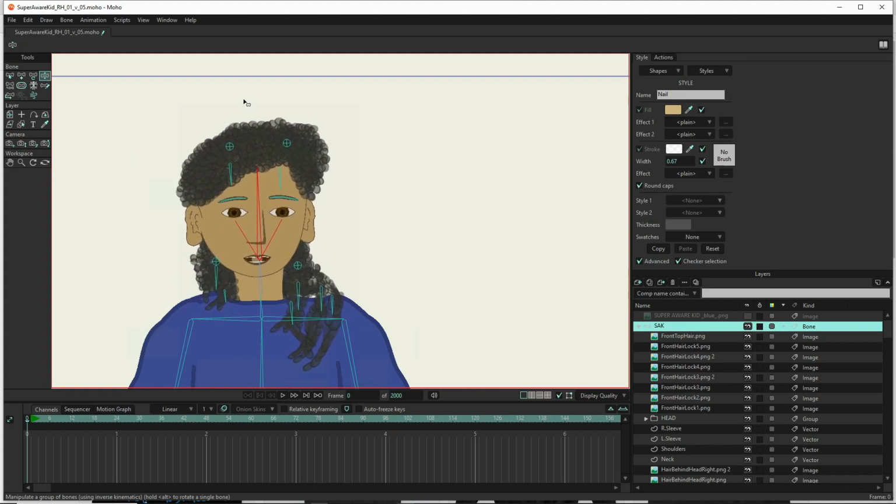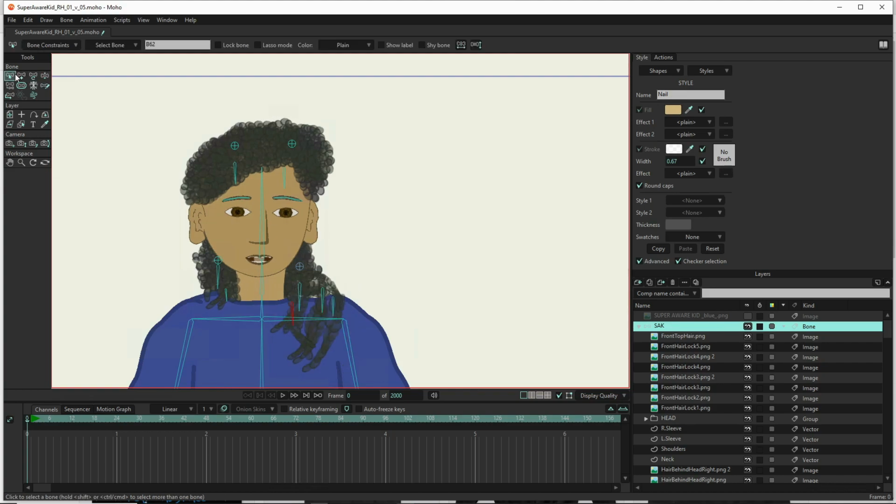But now what we want to do is have it come falling out from behind the head. And the way we do that is these pin bones are keeping everything in the right places. And these other bones are allowing us to manipulate those parts. So we can make the hair swing in the wind if we want to do that. Just like this. Or we can use bone dynamics and make it swing. But before we do that, we are going to use bone